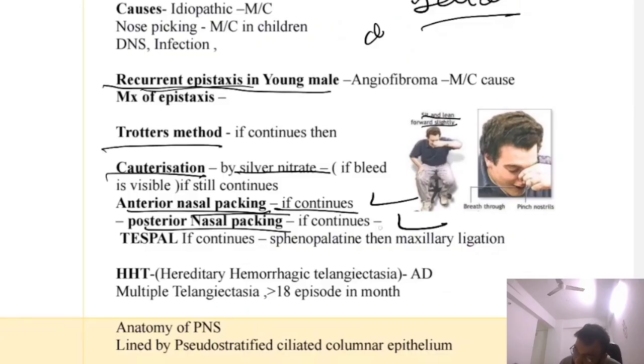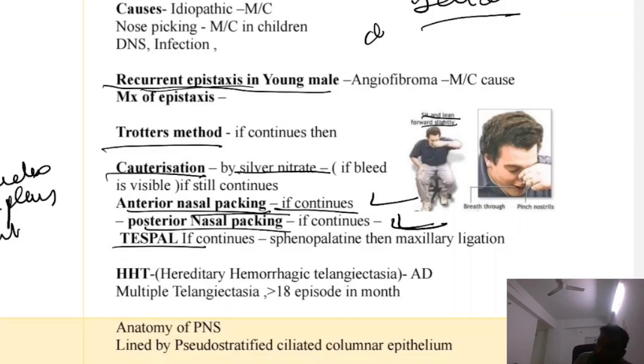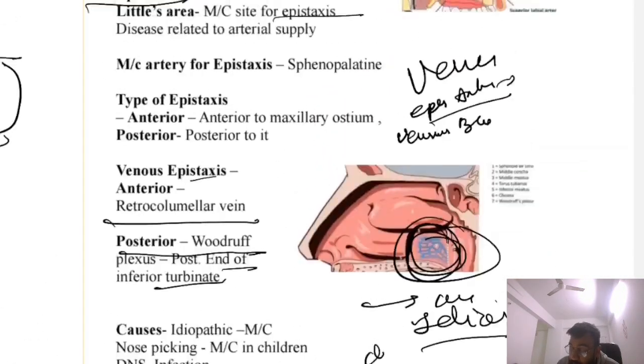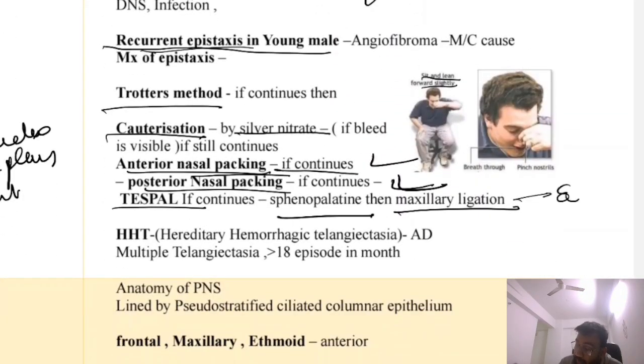Then if after posterior nasal packing the bleeding still continues, then you have to do TESPAL. What is TESPAL? Transnasal endoscopic sphenopalatine artery ligation. Okay, so first you have to do sphenopalatine artery ligation. If it is still not relieved, if it is still bleeding, then you have to do maxillary artery ligation, but never do ligation of the internal carotid artery. After maxillary, you can ligate the external carotid, but never the internal carotid. Okay, next is